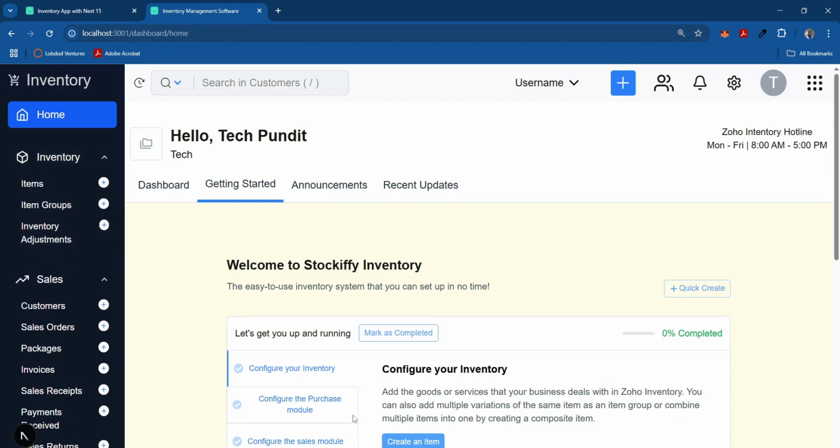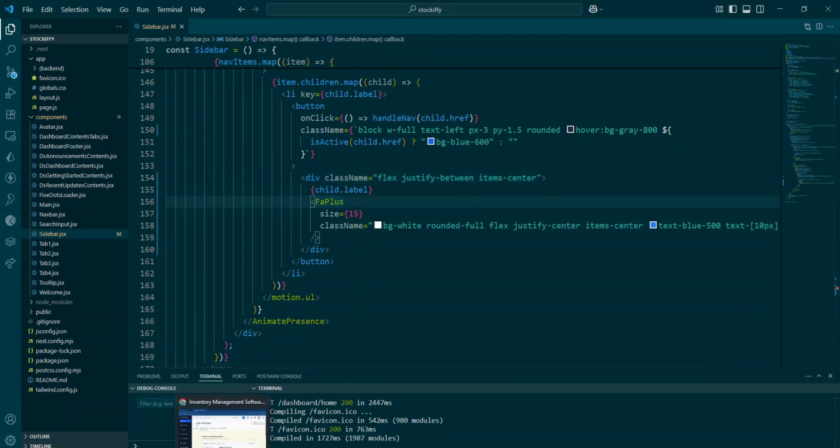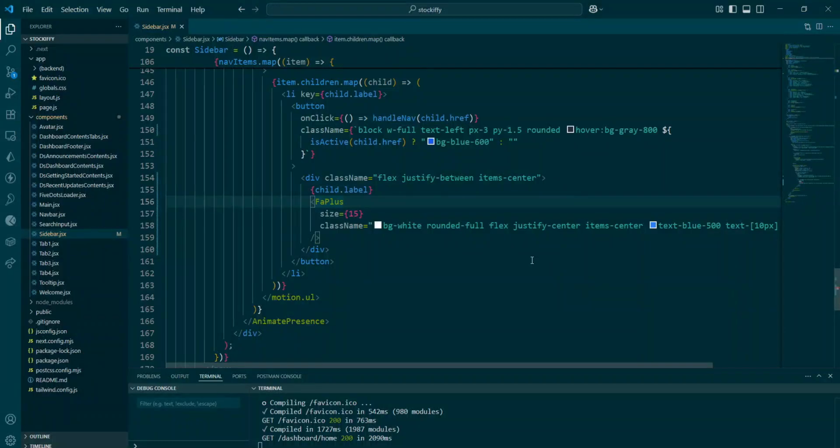What we have here is cool. So our class here should be items-center, not item-center. By making that correction,